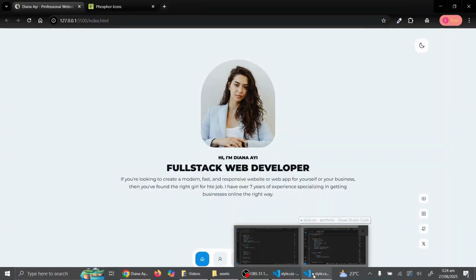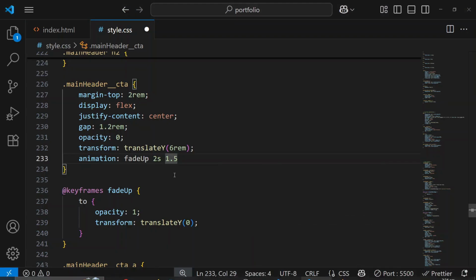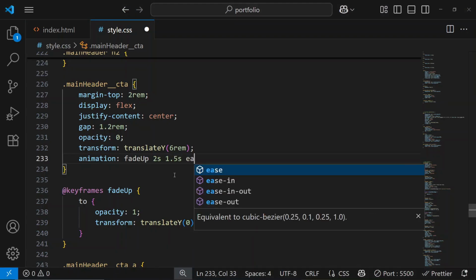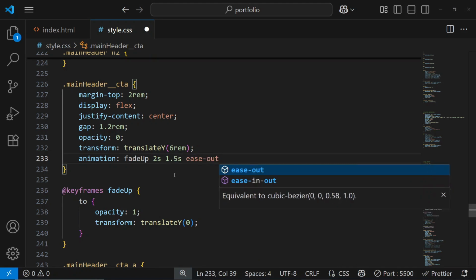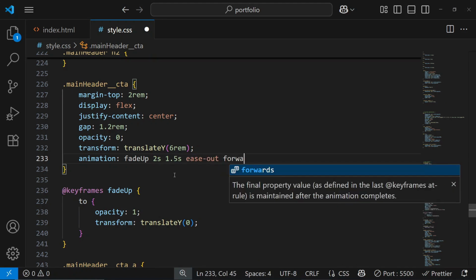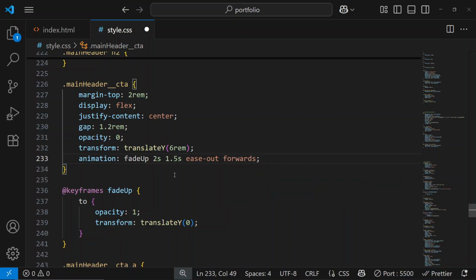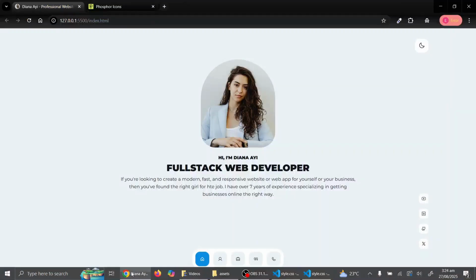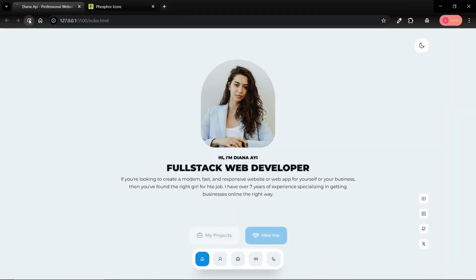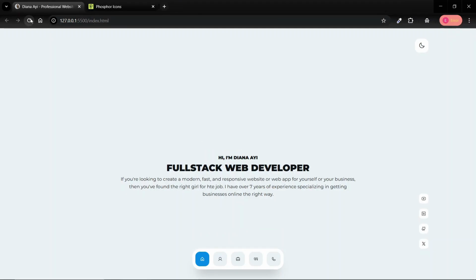Okay, so you have a little bit of delay there of 0.5 seconds, and I'll do ease out here as well for the timing function. I'll do forwards. All right, so now once I save, I have to reload. The image comes in, and we have this cool animation for the call to action as well. All right, so I think that is it for